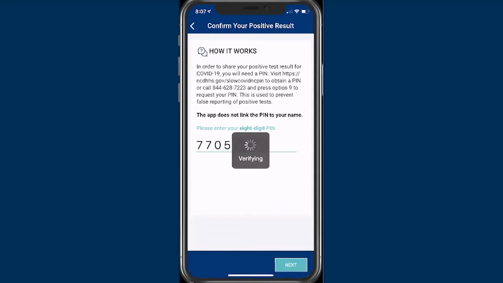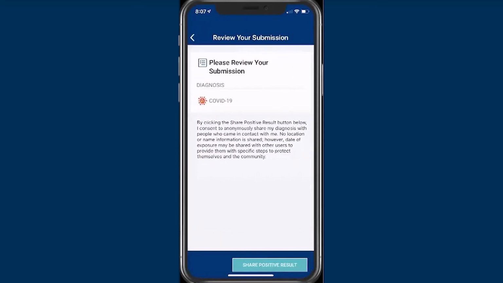The app now verifies that this is a valid PIN, and upon successful completion will bring us to the Review Your Submission screen. Here we are at the next to last step before uploading our tokens to the notification server. The screen seeks the individual's consent to upload their tokens and reaffirms that this action is completely anonymous and no personally identifiable information or locations are shared. It does let them know that a date of potential exposure will be shared. Tapping Share Positive Result will consent to this upload